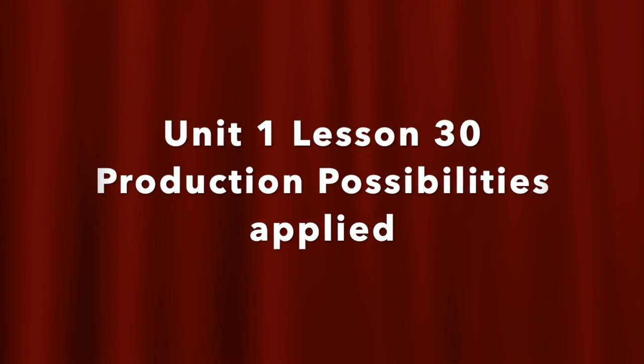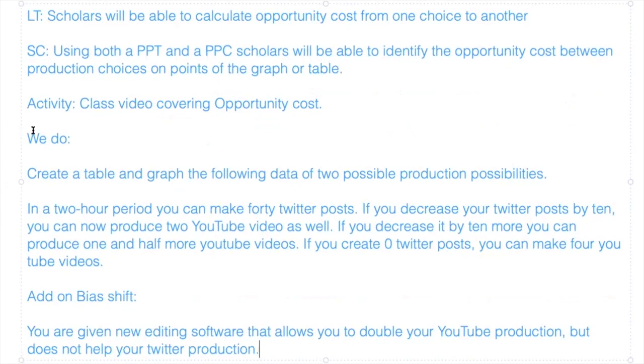Welcome back to Unit 1, Lesson 30, Production Possibilities Applied. So today what we're going to look at is scholars will be able to calculate opportunity costs from one choice to another. In order to be successful today, you'll be able to create both a production possibility table and a production possibility curve, and you'll be able to identify the opportunity cost between production choices on points of the graph